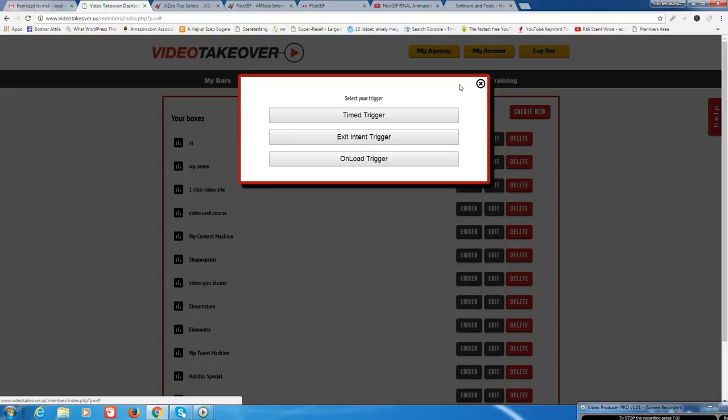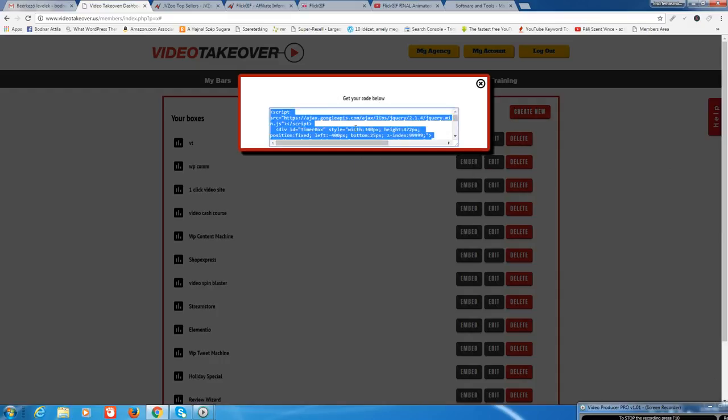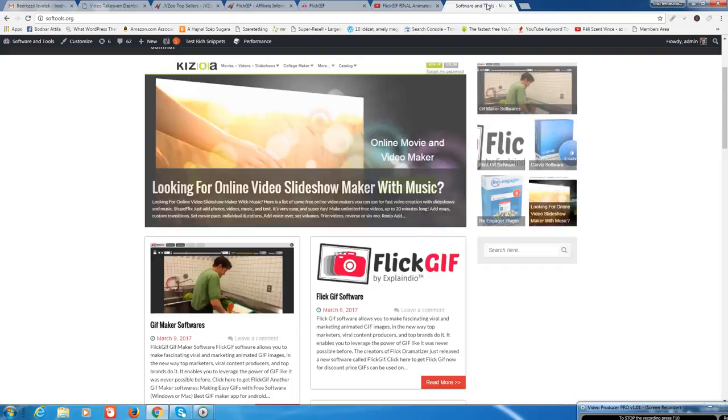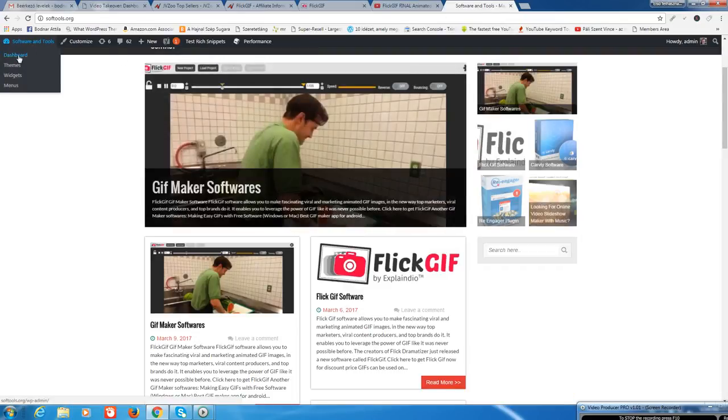I like to use the onload trigger. With this option, the box appears when the visitor comes to your site directly. So I will choose this onload trigger and copy this code, and I will use it on my blog,